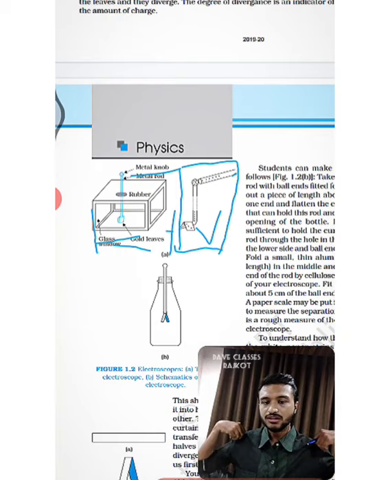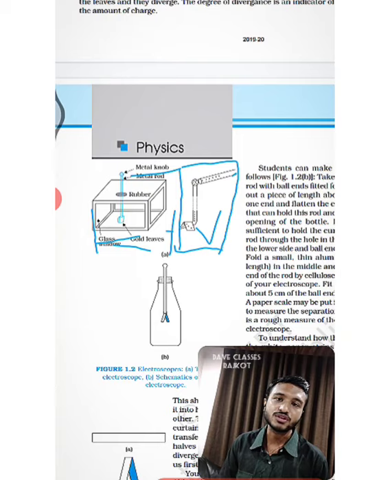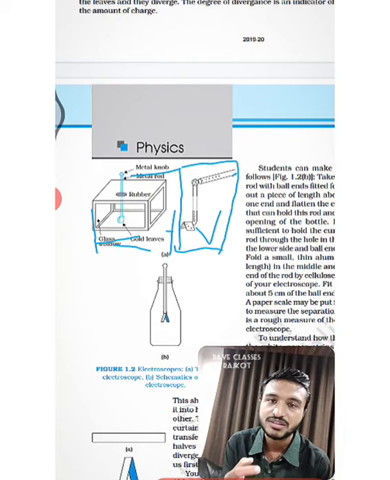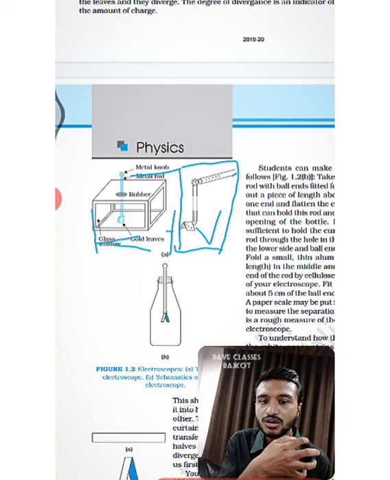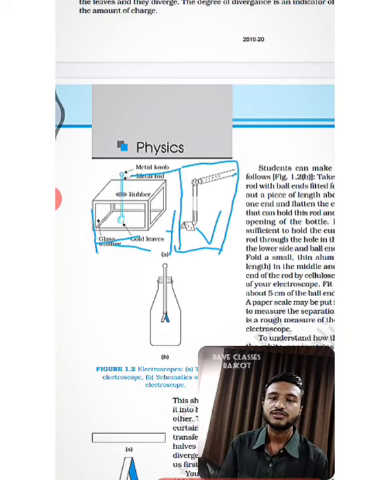If the charge tries to flow out of the metal rod, then the rubber will not allow it. Why? Because rubber is a kind of thing which will not allow the charge to pass from one point to another point. So there will not be any kind of transfer. So we are able to conserve whichever charges we are getting. Charges will not flow away or fly away ultimately. So that is what the setup is.